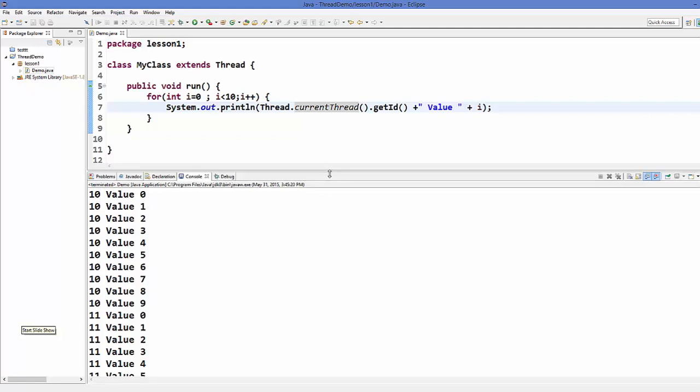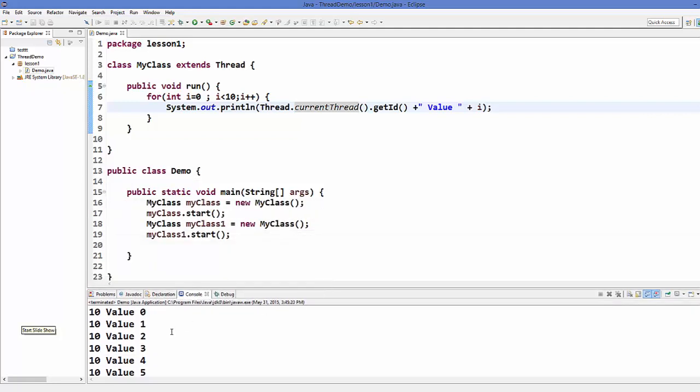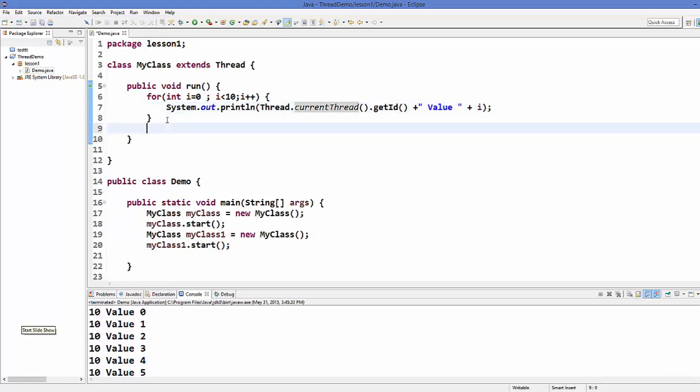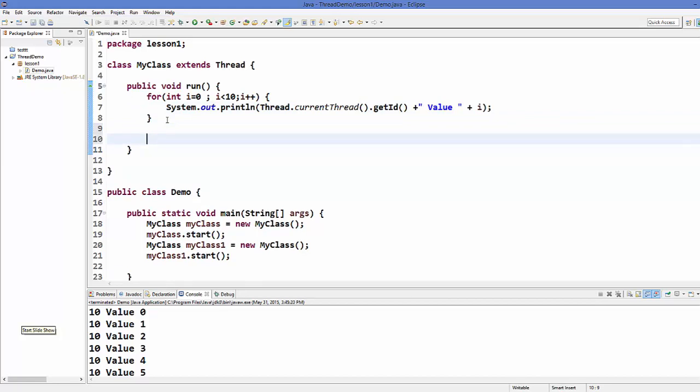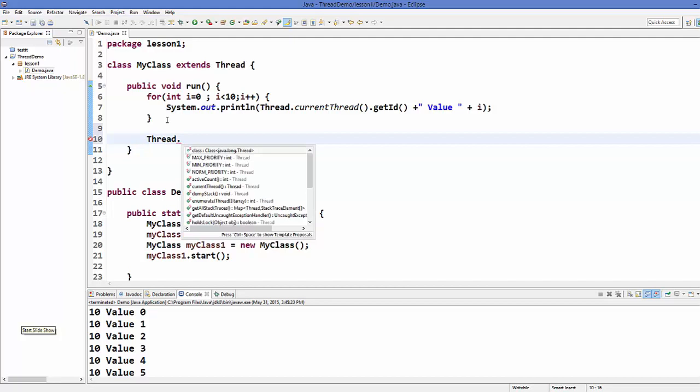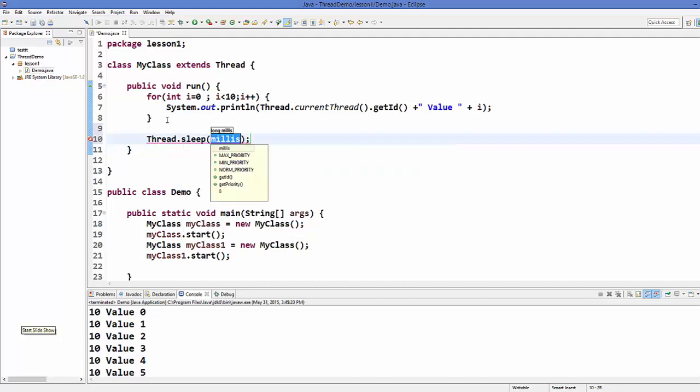Now, in order to check further that these threads can run concurrently, what we can do is use a method called Thread.sleep. It takes an argument in milliseconds. For example, we want to pause this thread for 100 milliseconds.